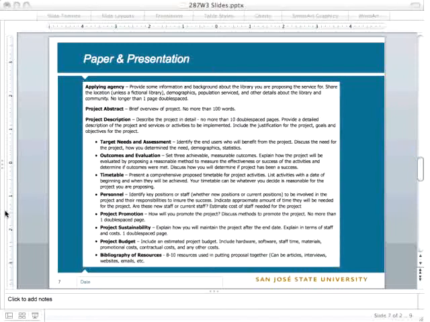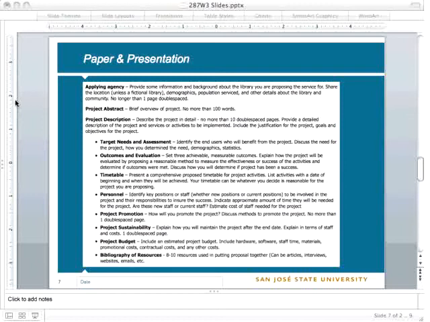Another important part of the class is the paper. This is sort of Lori's brainchild, so it made a lot of sense to me, but I don't know if I can describe it in detail. Lori, do you want to talk about this? Sure. This is your chance to do some research, find a topic that you're really interested in, and write a paper